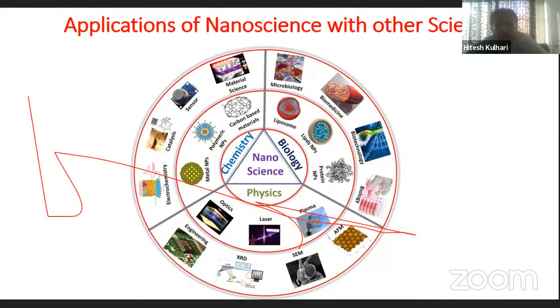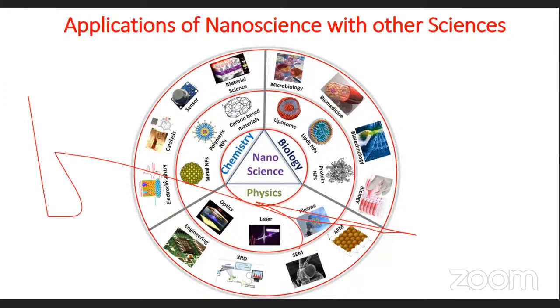In physics, if you want to use a material for semiconductor purposes, we can design those materials using nanoscience and nanotechnology, because a semiconductor at the nanoscale will behave differently from materials of millimeter or micrometer size. Similarly, in chemistry, we use metal nanoparticles, polymeric nanoparticles, and carbon nanomaterials for various purposes. In electrochemistry, we are using